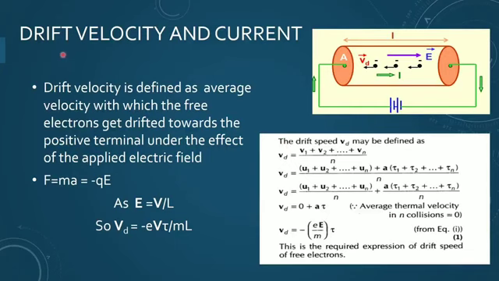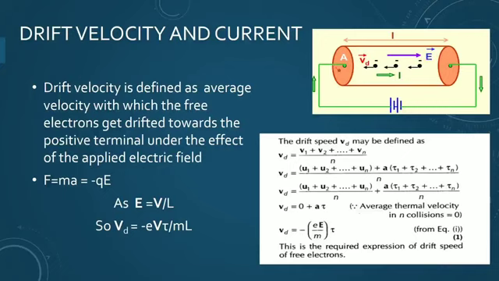Now we want to talk about the drift velocity and current. This is the circuit diagram. We have a metallic cylinder which is connected to a source. The source here is a battery, a DC source, which you have studied in lower classes also. It is denoted by a big line and a small line. The bigger line is for positive, the small line shows the negative sign. So positive is on this side, so this becomes the positive side of the cylinder and this will become the negative side.